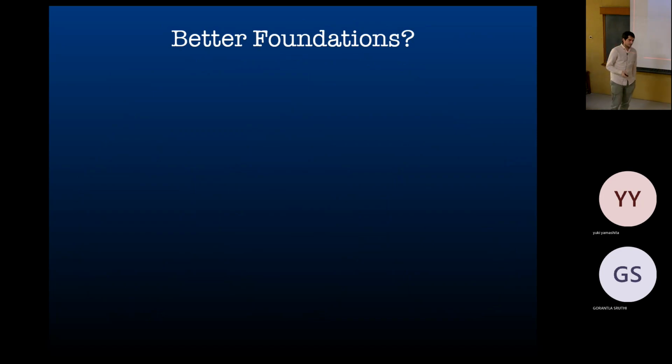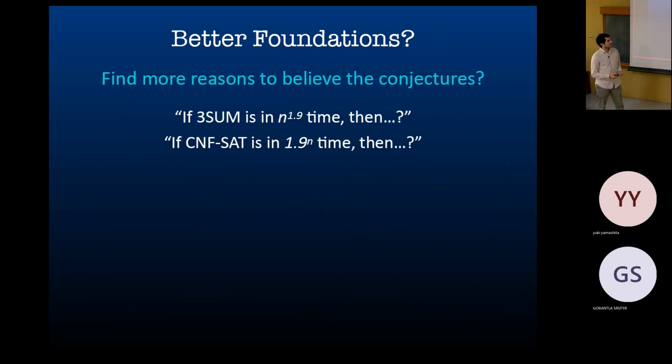So then, okay, we cannot have one conjecture. That's unfortunate, but we would like to have a better conjecture or something like this. And we want this because if you prove P equals NP, the world breaks, right? But what happens if you solve SAT faster? Not much. Or if you solve 3SUM faster, what happens? Okay, you solve this problem faster. That is great, but there are no further consequences. As we observed, it doesn't even imply faster algorithms for the other problems.